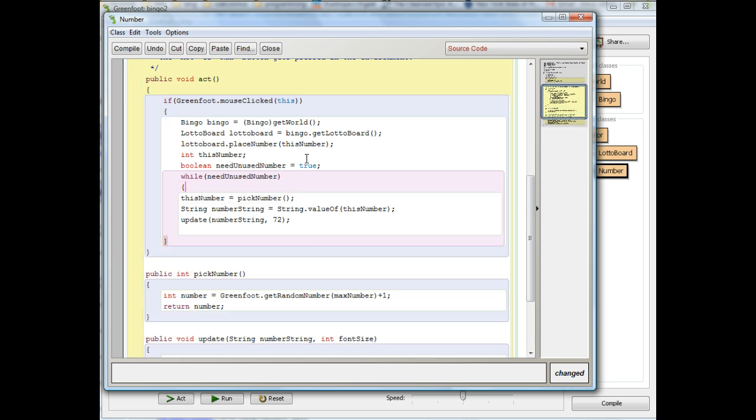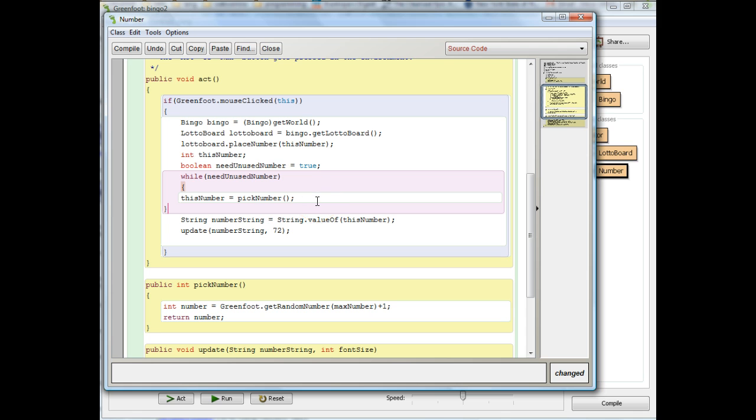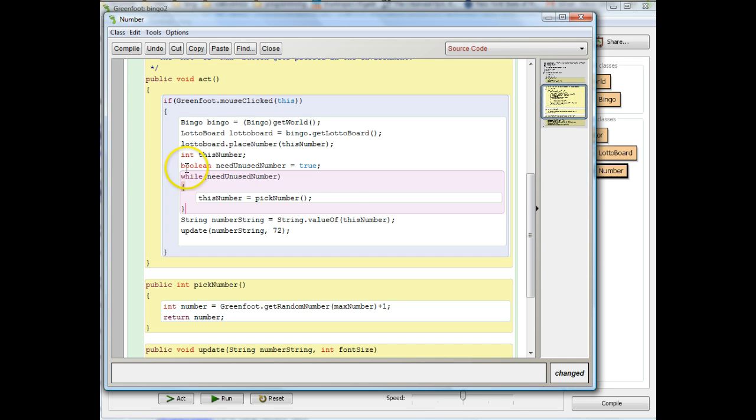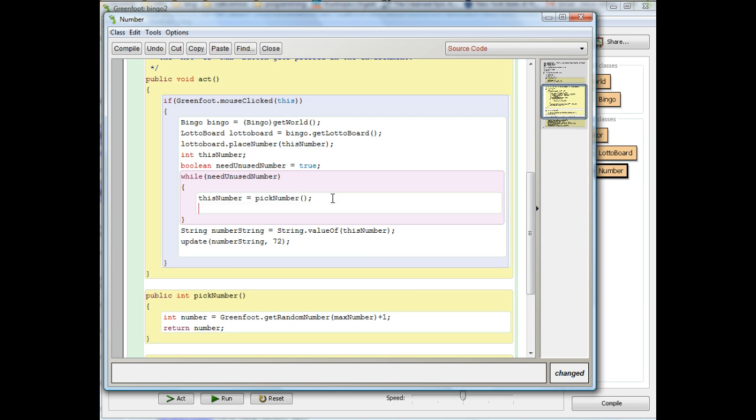I'm going to do open curly brackets, and then close curly brackets down here. So this just picks the numbers, right? This just picks the numbers. Okay? And then basically once we've got a number that hasn't been picked yet, then we don't need an unused number anymore. So I'm going to say need unused number